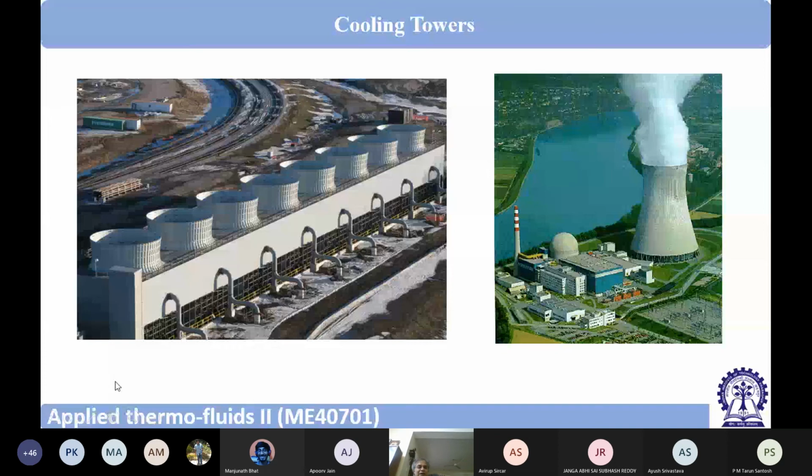So here we can see the mechanical draft cooling tower. From this figure, it looks like a counterflow cooling tower. Air is entering through this, water will be entering somewhere here, and then there will be fans. So these are all fans: 1, 2, 3, 4, 5, 6, 7, 8. 8 fans are there. Basically, these are all separate cooling towers, or they call them cells of a cooling tower.